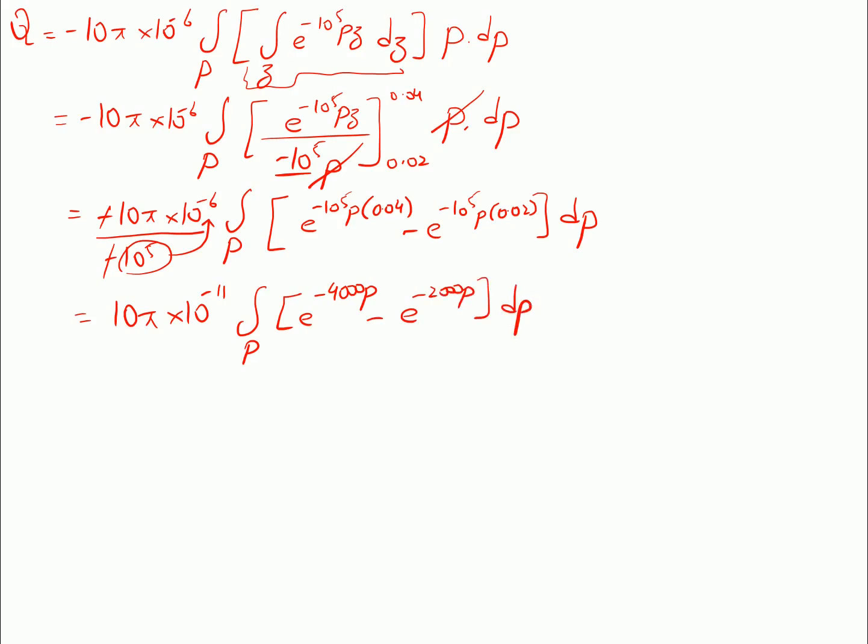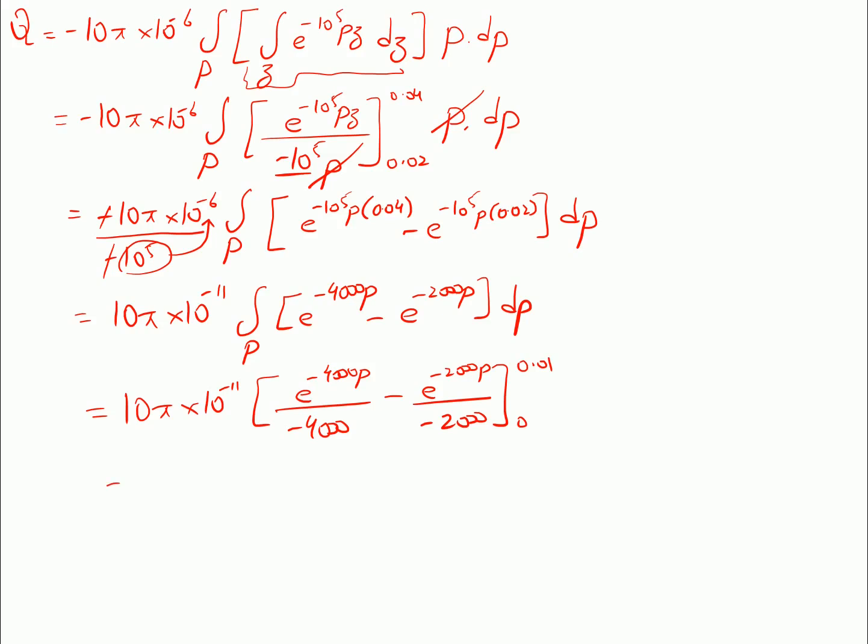Now I can integrate with respect to rho, so it comes out to be 10 pi into 10 raised to power minus 11, and again e raised to power minus 4000 rho divided by minus 4000 minus e raised to power minus 2000 rho divided by minus 2000, and if I put the limit for the rho, it is from 0 to 0.01. Once you incorporate the limits and solve the complete equation, the final answer comes out to be